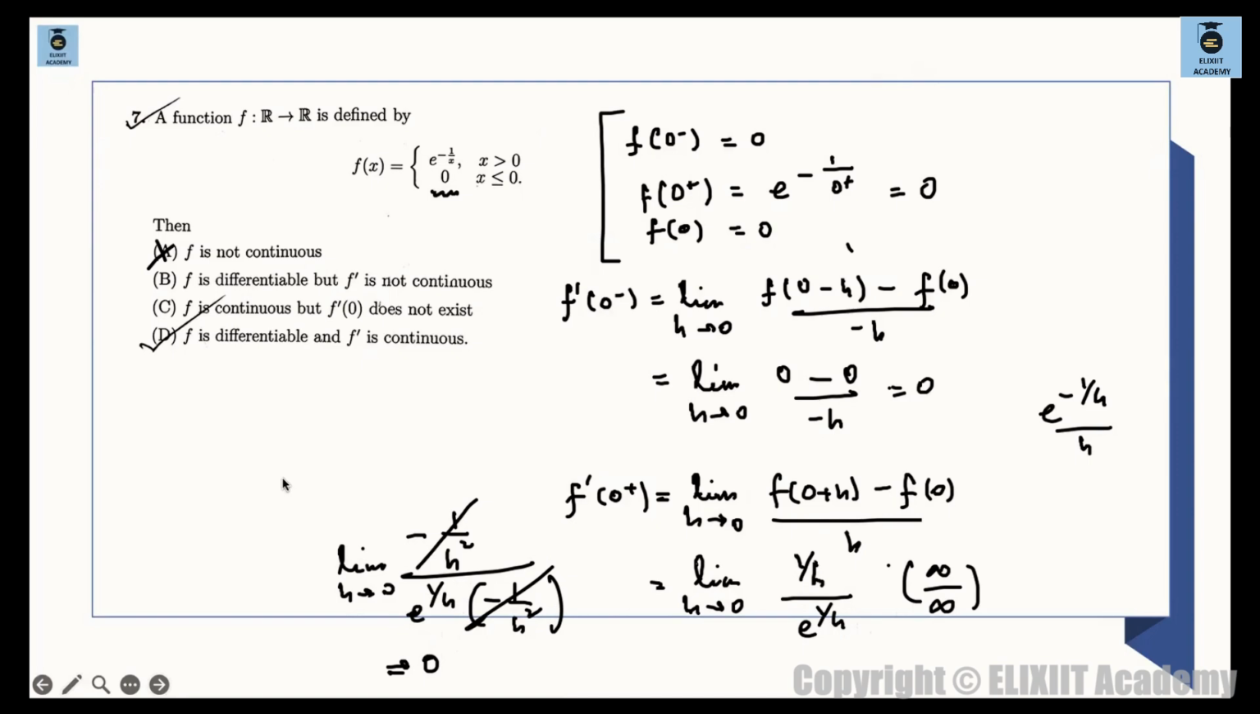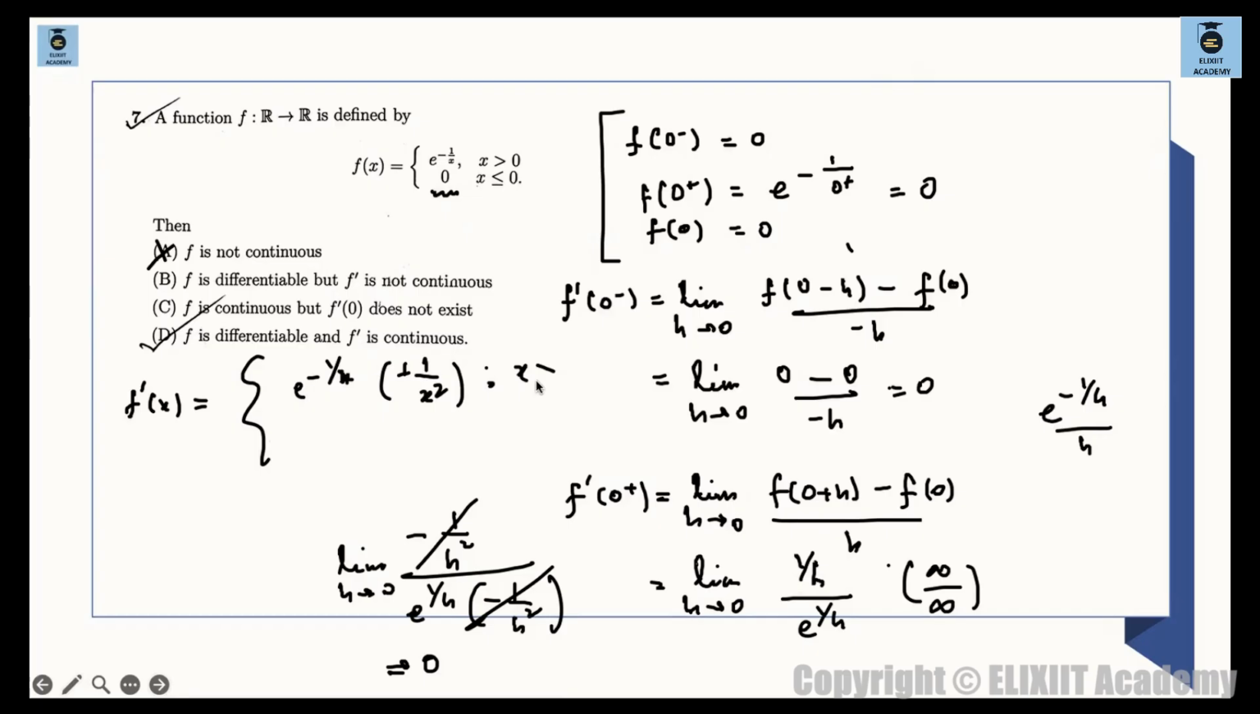Now, whether f dash is continuous or not: we can find out f dash of x. f dash of x will be e raised to the power of minus 1 upon x into the derivative of minus 1 upon x, which is plus 1 upon x square, since minus minus becomes plus, so plus